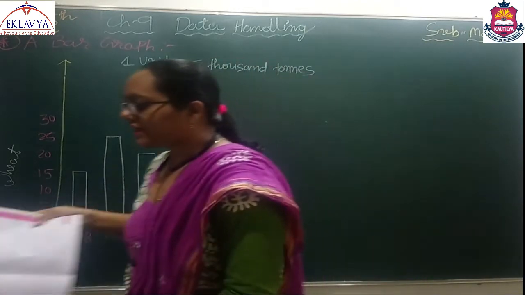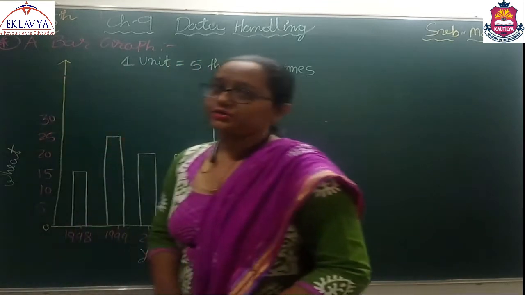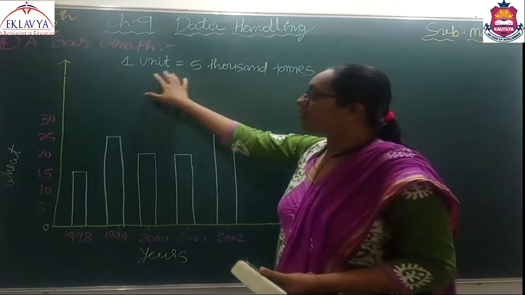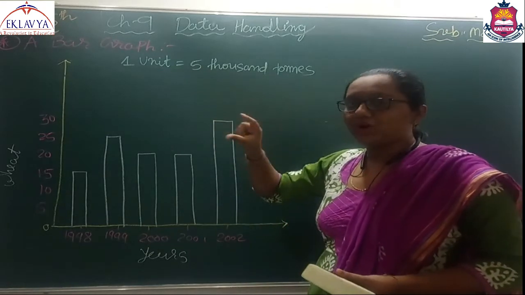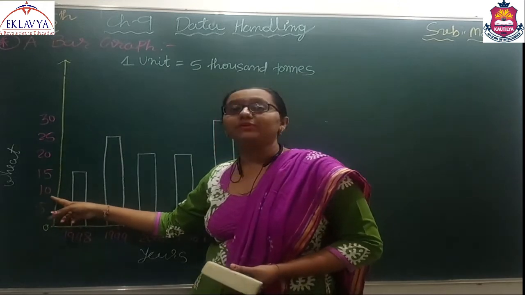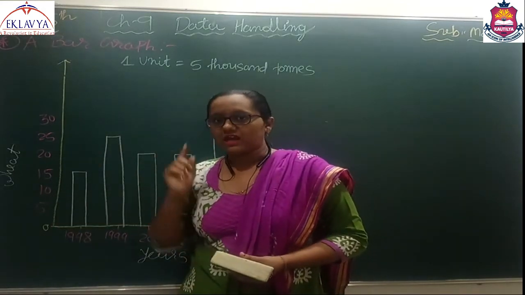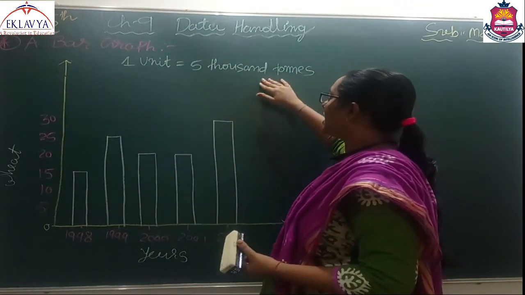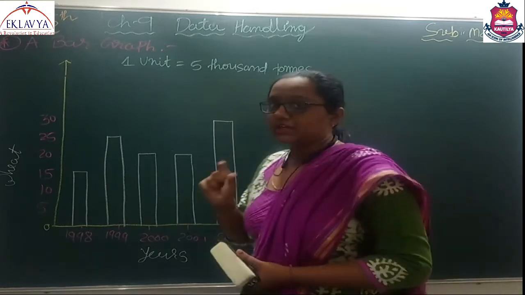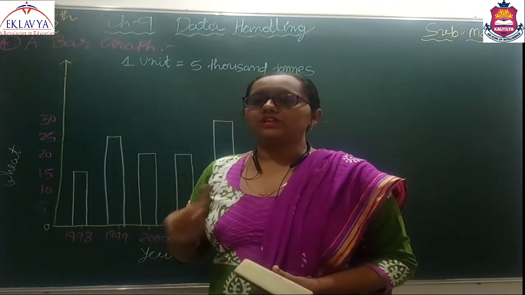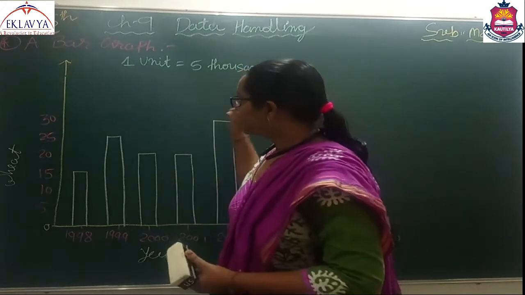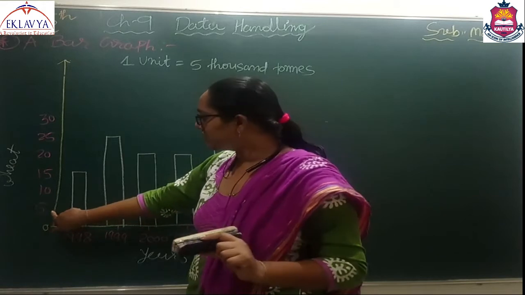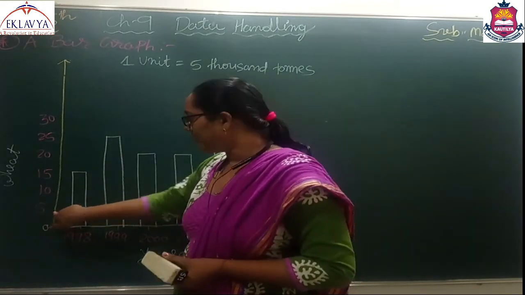Now you know we have to take a scale in a bar graph, how to take a scale in a bar graph. So here we have to take 1 unit is equal to, right, in that one box we have to take 0 to 5 or 0 to 10, that we have to decide. याद आया जो हमने किया था वो. So here we will take 1 unit is equal to 5000 tons. Ton unit you know, 1000 kilogram is equal to 1 ton. So this is given here, 0 to 5. 5 does not mean 5 kg. This is 5000 tons in weight.